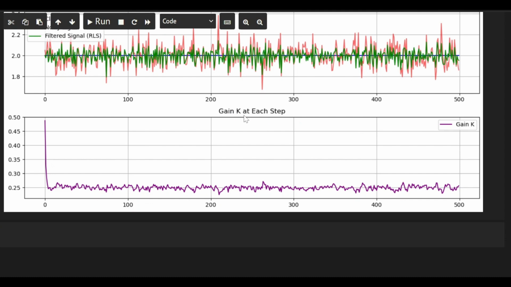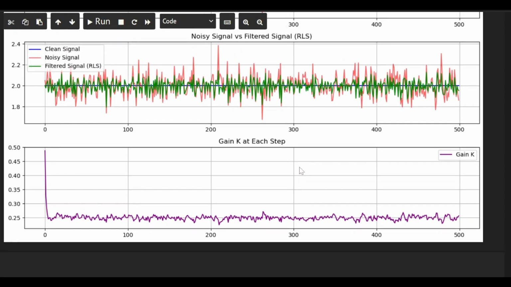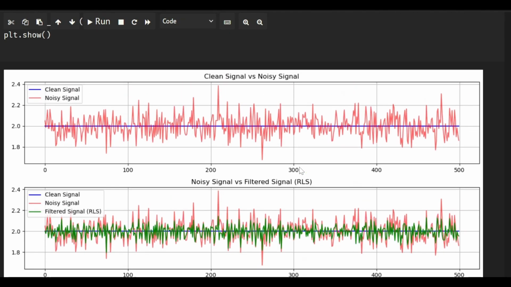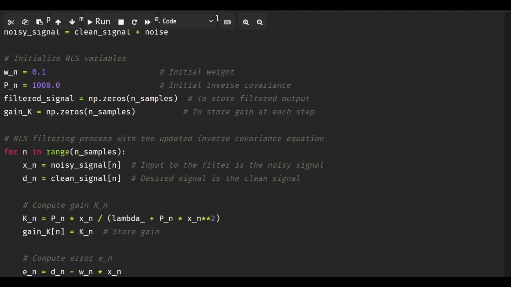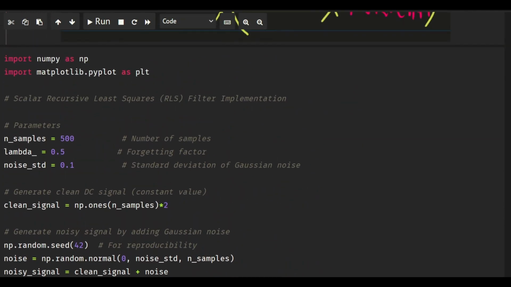and the last plot is that of the gain, which is calculated at each step. So the gain starts off with a very high value, and then slowly it converges and starts tracking the noise, so that the optimal weight is calculated and the noise is filtered out. So now we will see the effect of changing the lambda. So you remember, the lower the lambda, the lesser the memory in the system. So if I just change it to 0.1 and rerun the code,